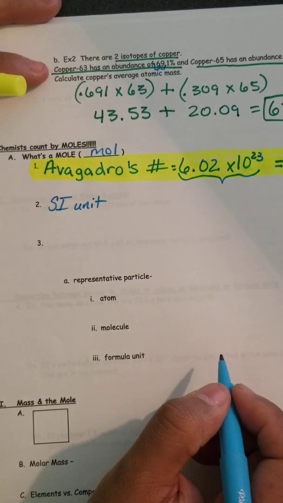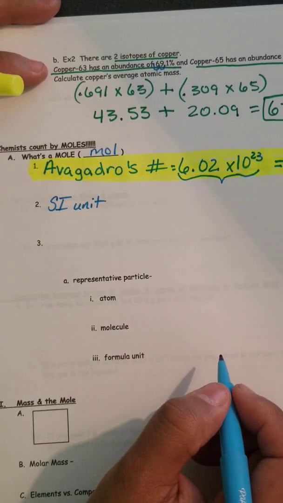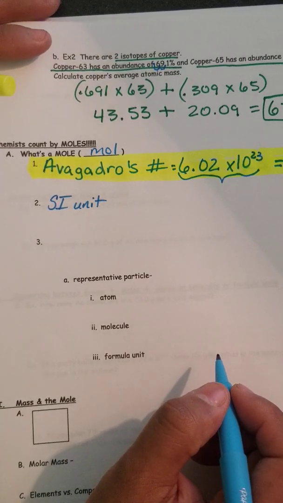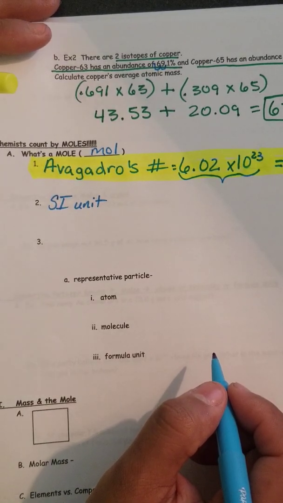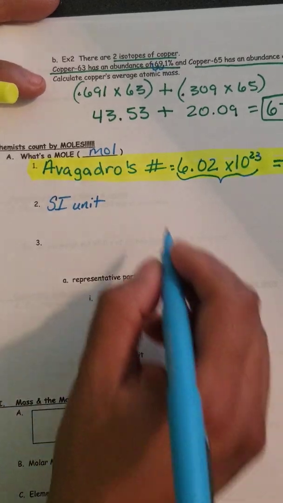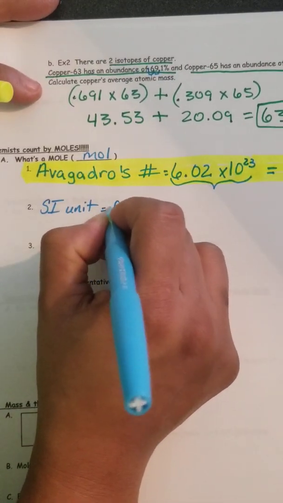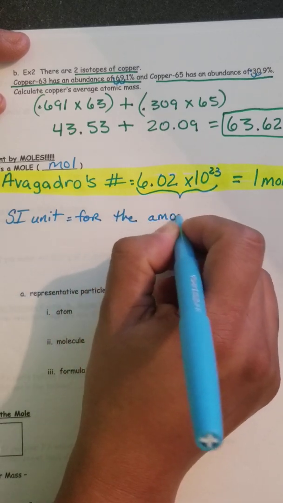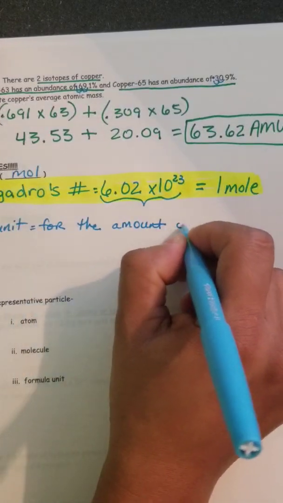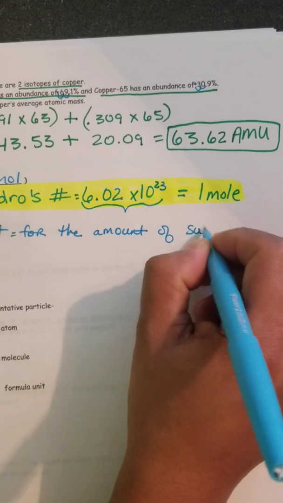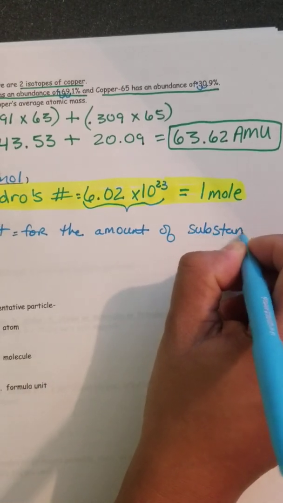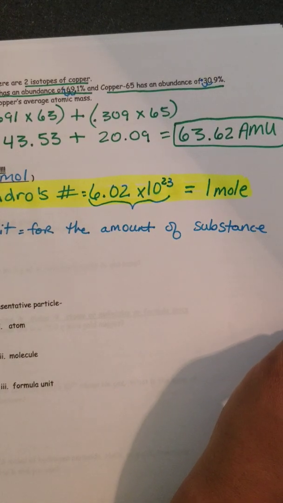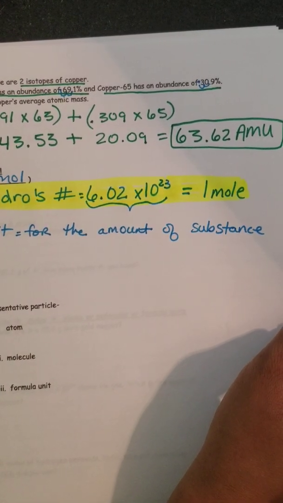So an SI unit for distance is going to be a meter. An SI unit in science class for liquid is going to be a liter. An SI unit in science class for the amount of substance is a mole. Remember, that chef is not going to say, oh, I need 17 eggs, or oh, I need